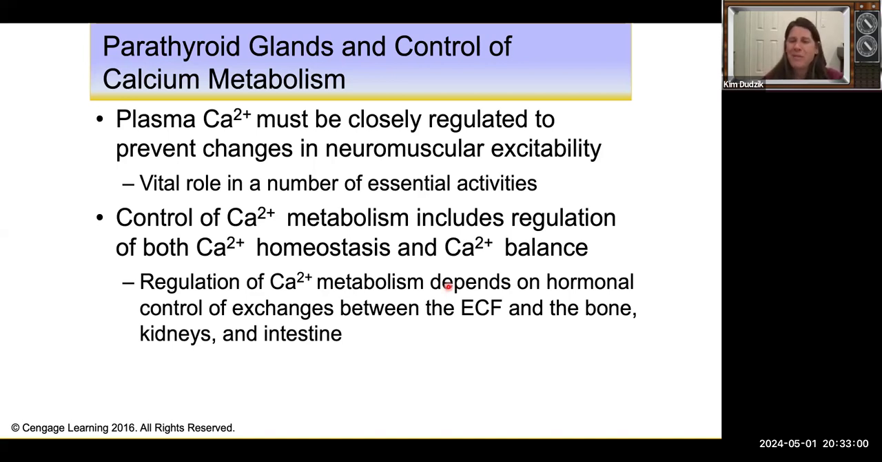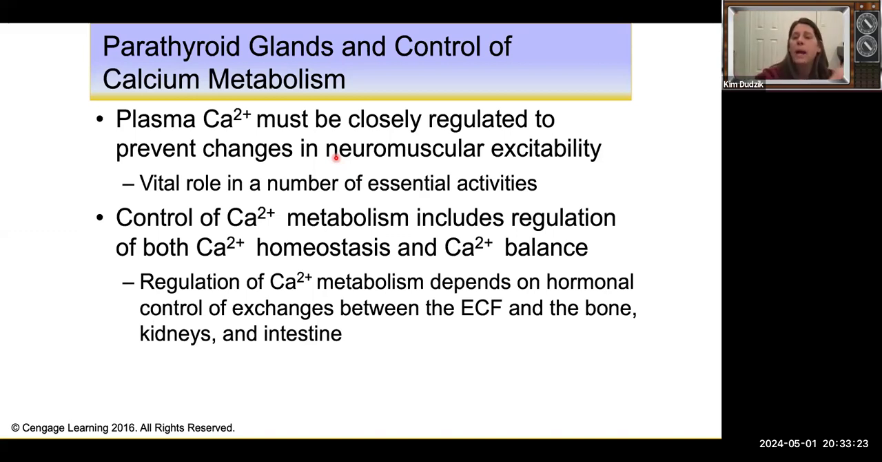So it's the same name as the gland, often called PTH, for hormone. And I want to stress that controlling the plasma levels of calcium is very closely regulated, because